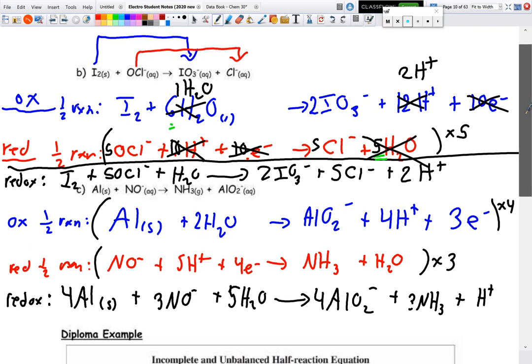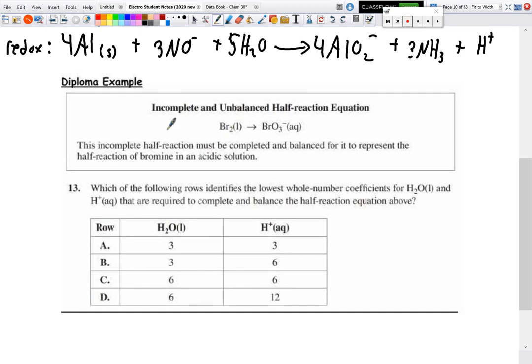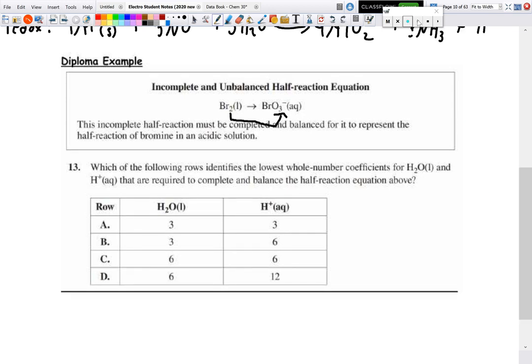And last but not least, the old diploma example that we have right here. So we have an incomplete unbalanced half reaction right here, so Br2 going to BrO3, and this one just says which of the following rows identifies the lowest whole number coefficients for water and H plus that is required. All right, so the answer you should get for this one is